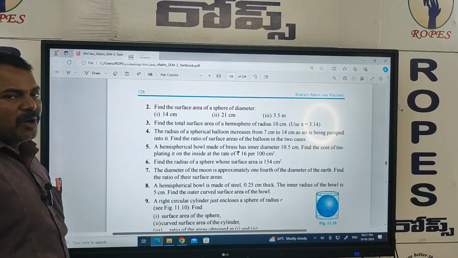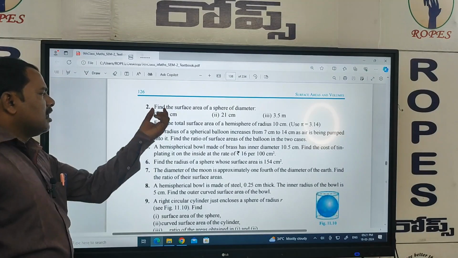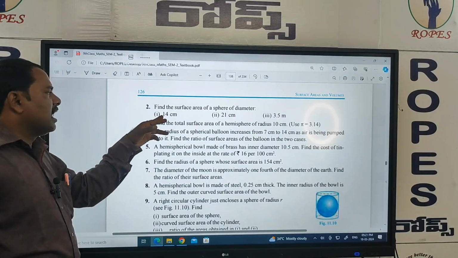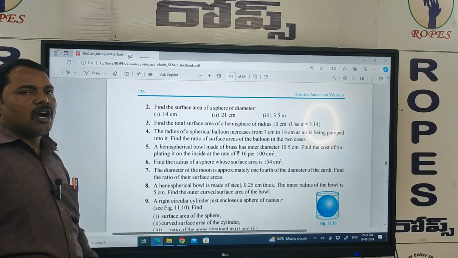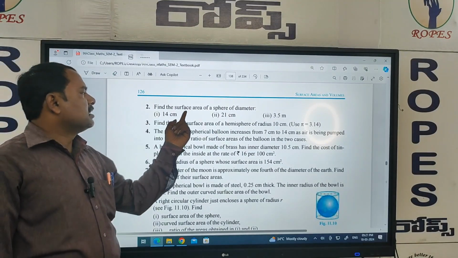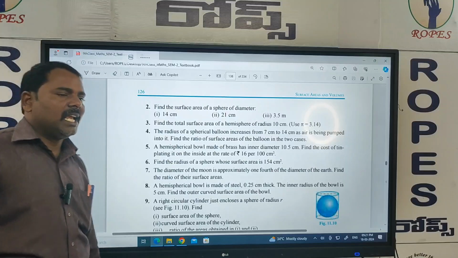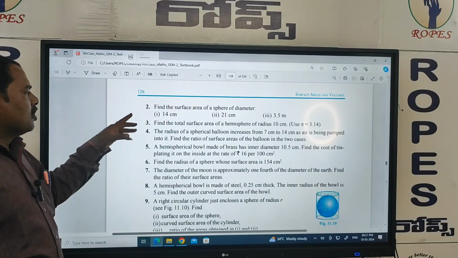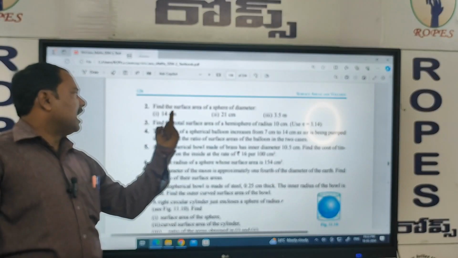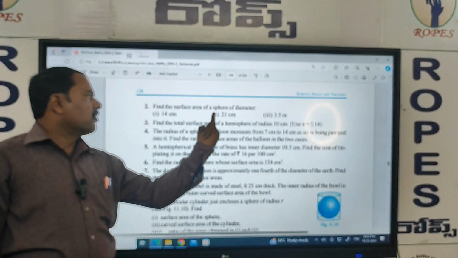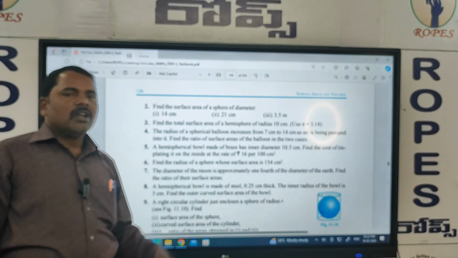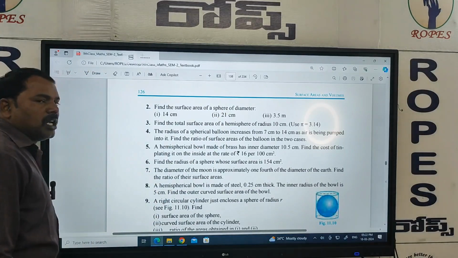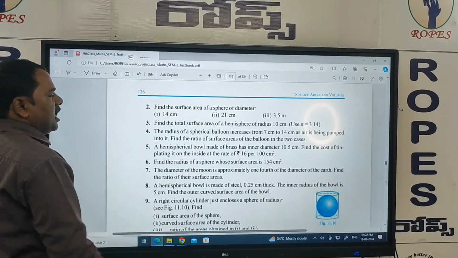Hi everyone, this is Sukumar from Ropes Organization. Today, in the Surface Areas and Volumes chapter in 9th class, we will see how, when the diameter is given, we can find the surface area of the sphere from the diameter. Observe exercise 14.2: find the surface area of a sphere of diameter...